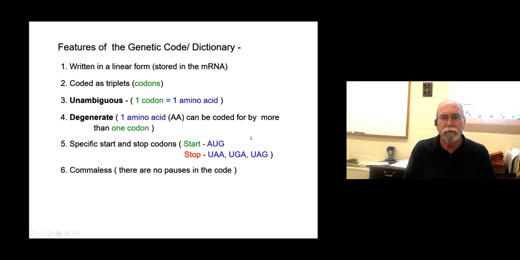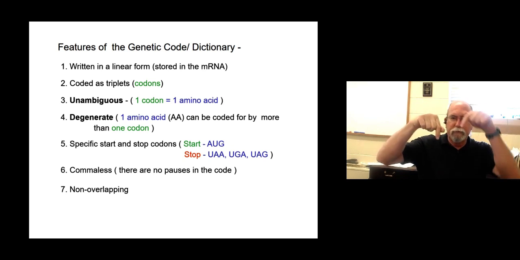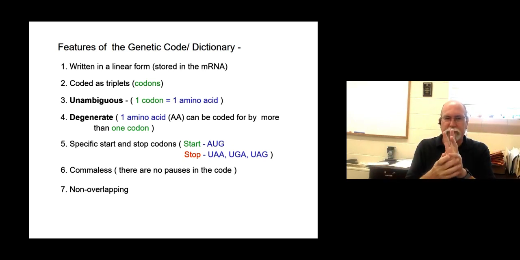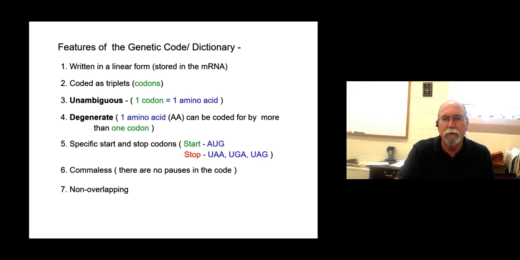Okay. A couple other things. One, it's considered commaless. It means that it's read as 3, 3, 3, 3, 3, 3. It doesn't start and stop or do anything else. In the same way, the code doesn't overlap. We don't read AUG and then pick up the G as the next part of the codon. It's strictly 3 and then 3 and then 3. We don't overlap. We don't use this one as part of the next codon. Okay, so it's non-overlapping. And then the final term is called universal, and notice I have a little approximate sign